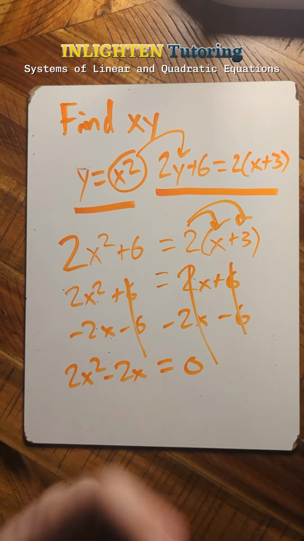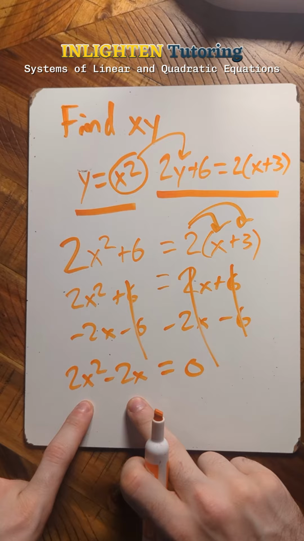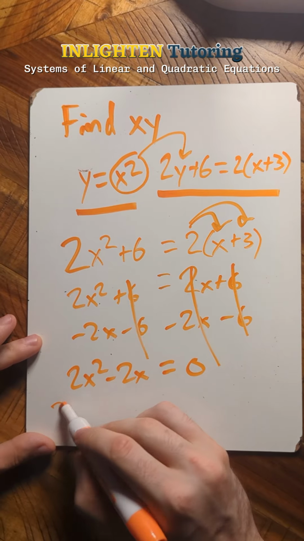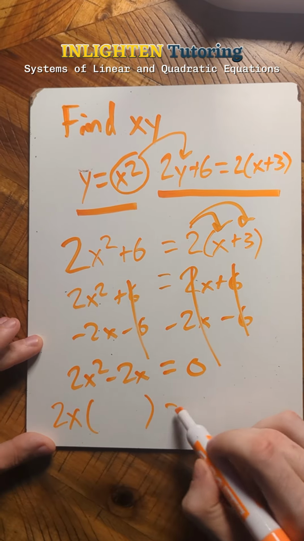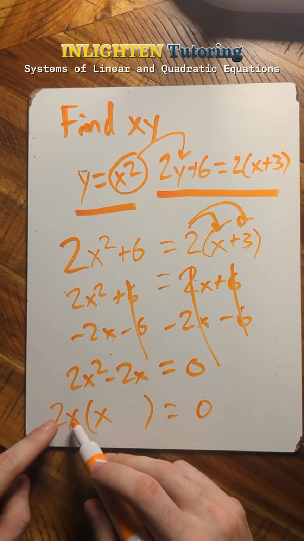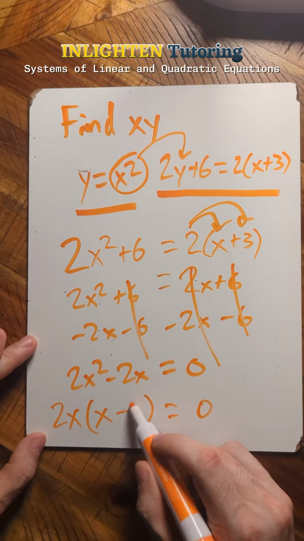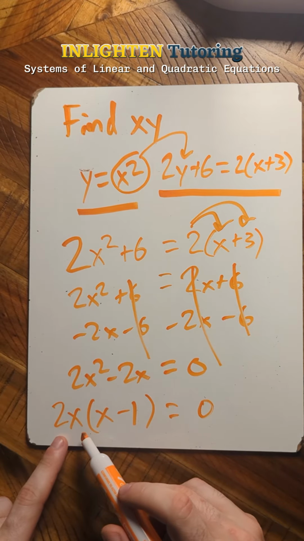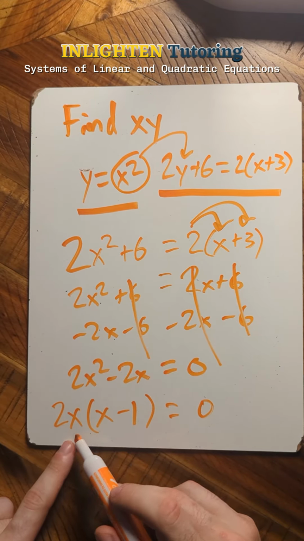Next thing I'm going to do is factor. Between these two, I see a 2 in both and an x in both. So I'm going to pull out 2x from both of these terms. 2x times what gives me this? First, that's x. 2x times what gives me this? That's minus 1. I need to find which value of x, if plugged in here, makes this whole thing equal